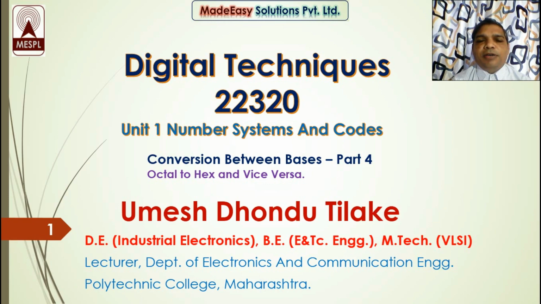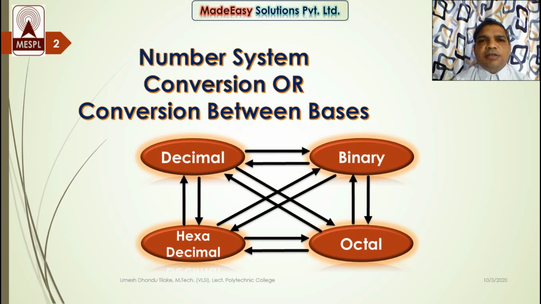So let's move forward. As we have discussed in the very first video lecture, number system conversion part first, we have a total of 4 types of number systems and all number systems are interconvertible. So as you can see, our today's topic, octal to hexadecimal conversion and hexadecimal to octal conversion, is also possible. Now we have 2 ways to perform this conversion.